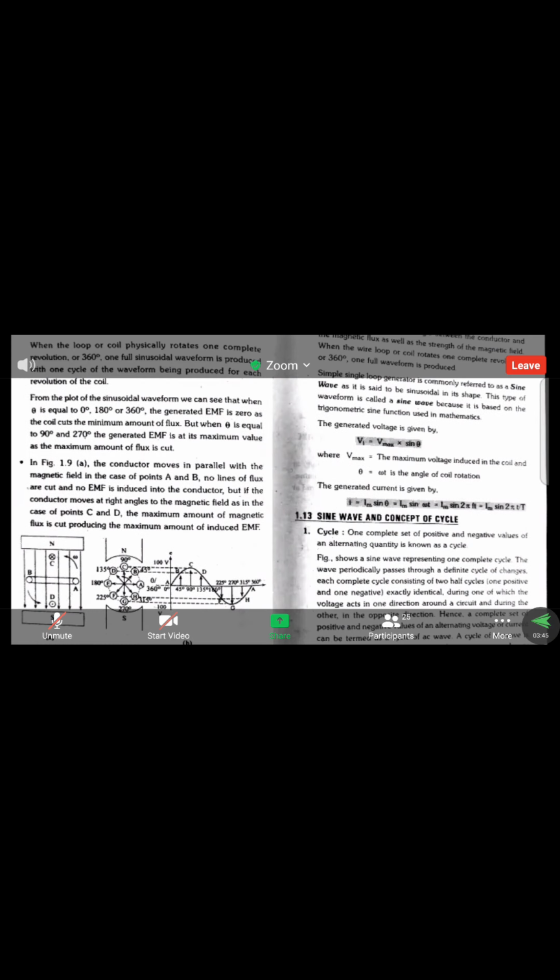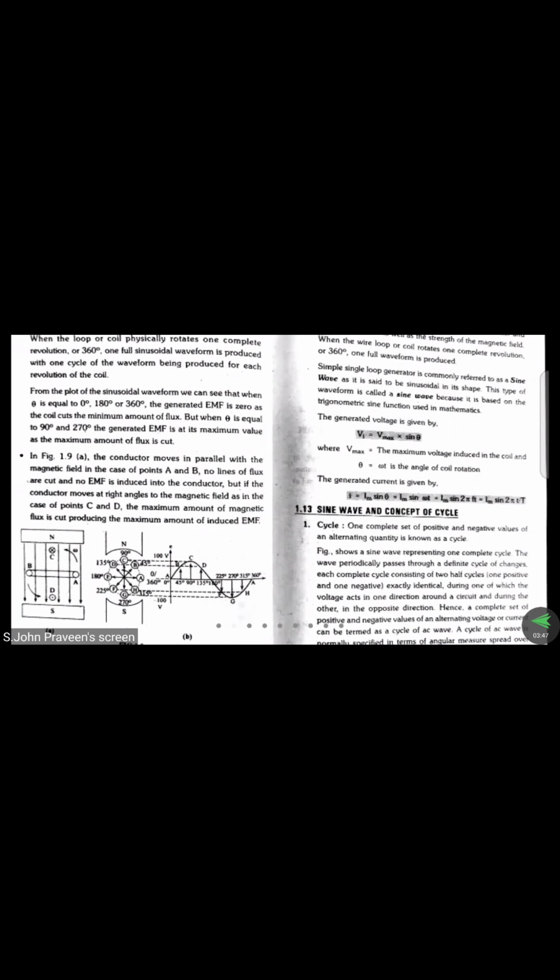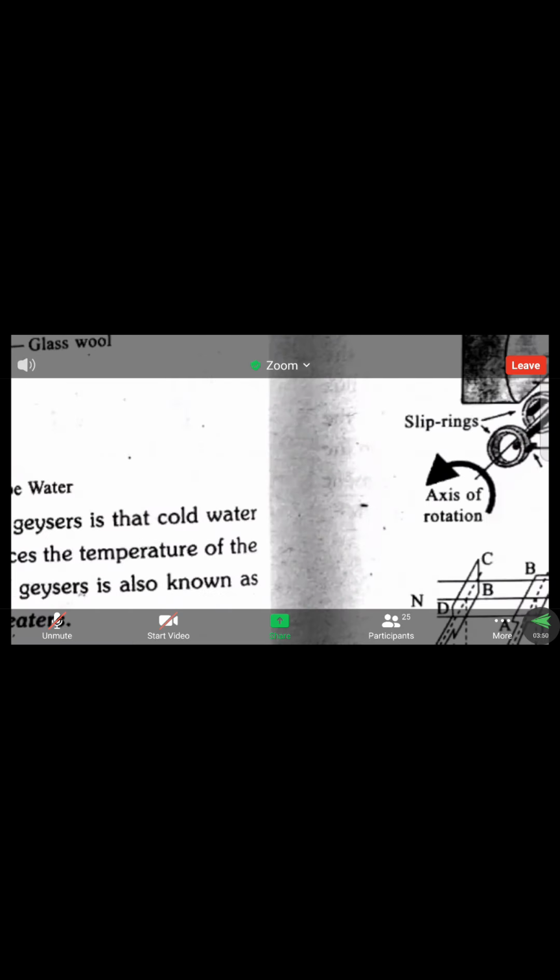Okay. So it is not an important point diagram. No need to remember. So for 5 marks, we need to write maximum 10 to 15 lines. So 10 to 15 lines will be sufficient along with the diagram. Okay. So no need to remember or draw all those things. Only this first diagram will be sufficient if it is given in the examination to explain about EMF generation or current generated with the help of a single loop generator. That is the important one.